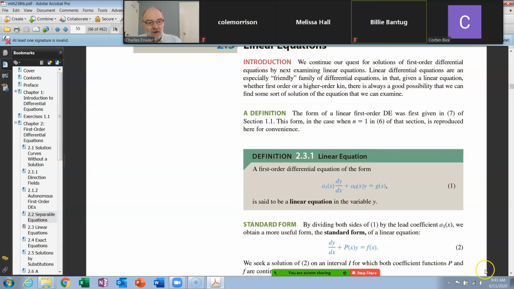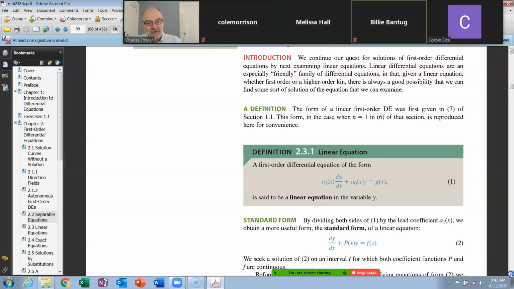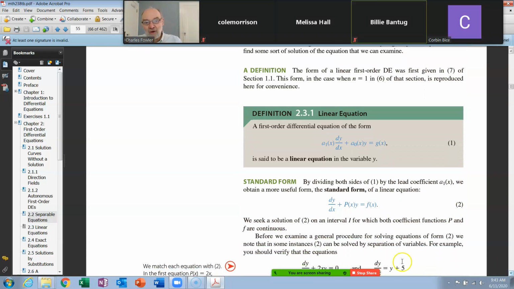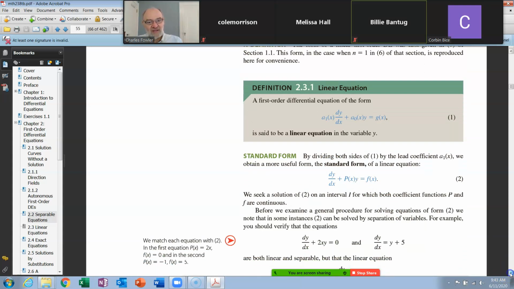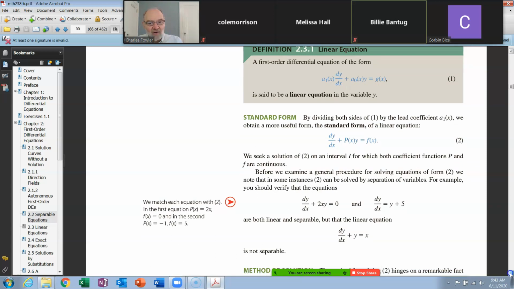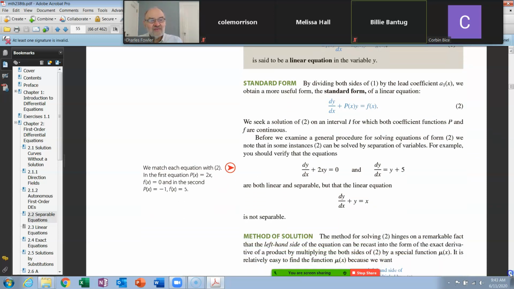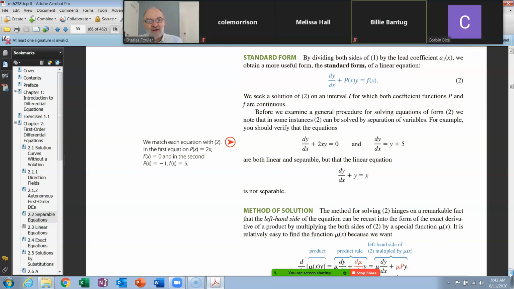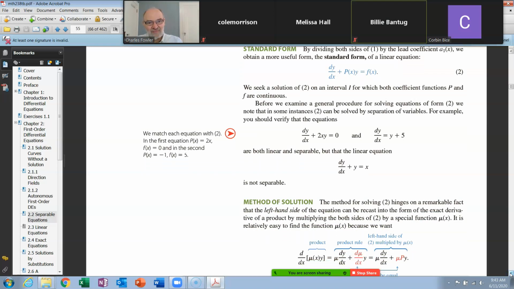So this is what we call our standard form for a linear differential equation. If you don't have it in this form, get it in that form. Step one. Now, what happens next is a long, involved set of blah, blah, blahs of how they're going to go about solving this. Before we examine a general procedure for solving that, let's note some instances that can